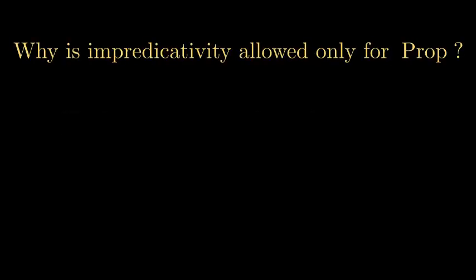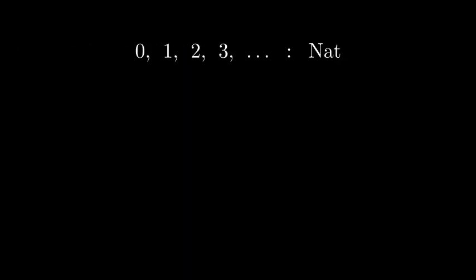Step back for a second. We've said impredicativity is dangerous for Type, but fine for Prop. But what actually makes Prop special? The answer lives in one design choice: how many inhabitants a type can have, and whether the system cares which one you hold. In Type, terms of the same type can be wildly different. Nat has infinitely many inhabitants, and they're all distinct. Which nat you hold matters.